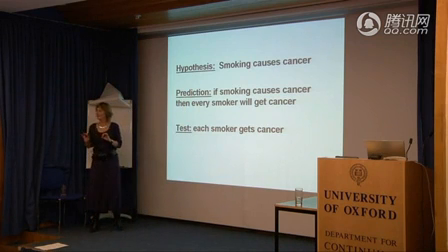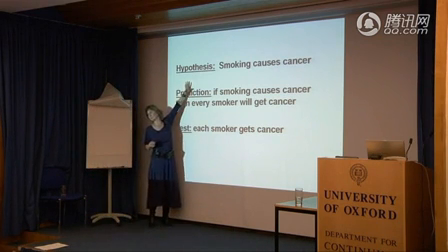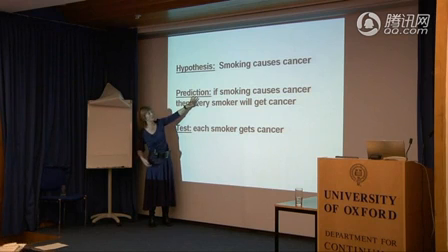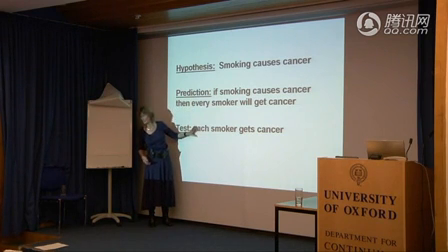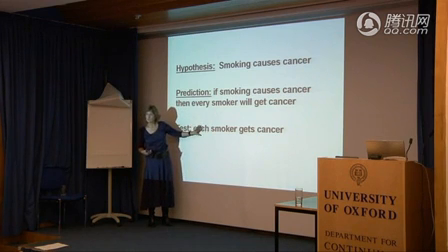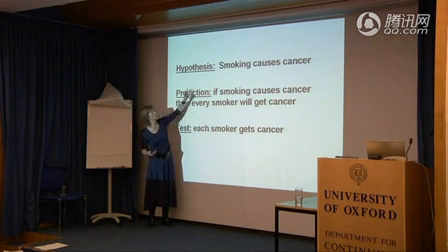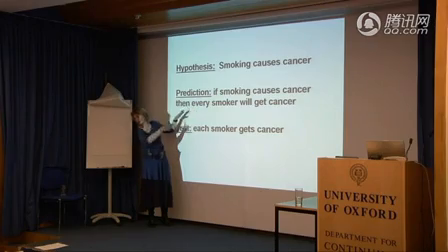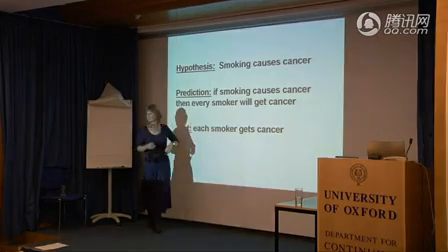But what I'm pointing out here is that you form a hypothesis, you generate a prediction, which is going to be based on your understanding of causation and so on, and then you test that prediction. What you've done is you've constructed a deductive argument, and as long as it's valid, and you test the conclusion, if the conclusion comes out false, then you know that at least one of your premises is false. Either your hypothesis is false, or there's something fishy about causation, and you're almost certainly not going to go for that one unless you're a philosopher.